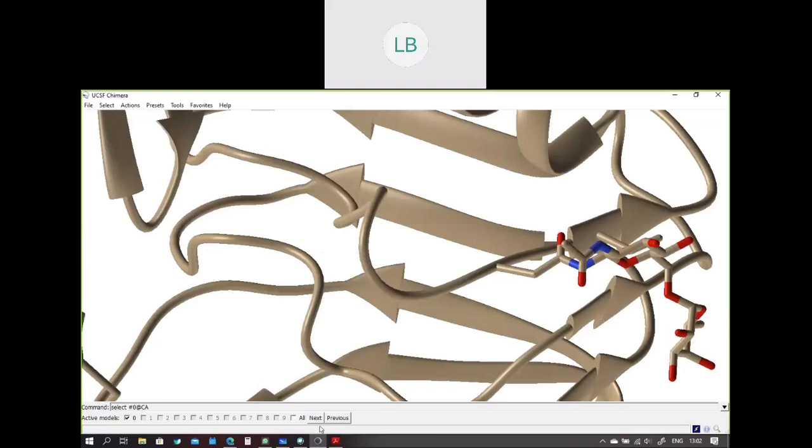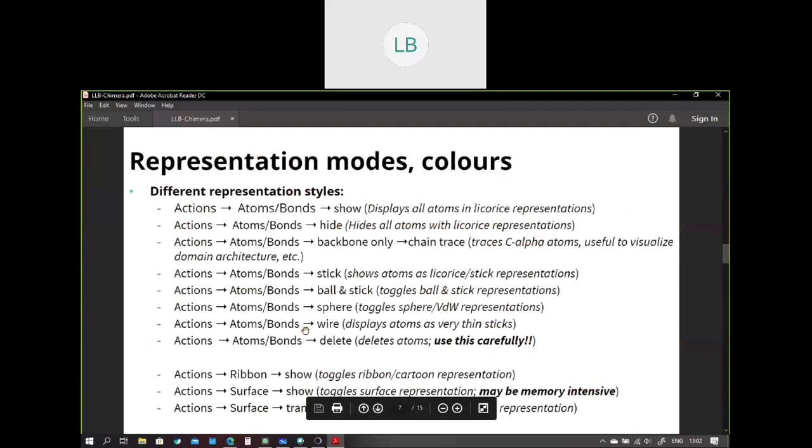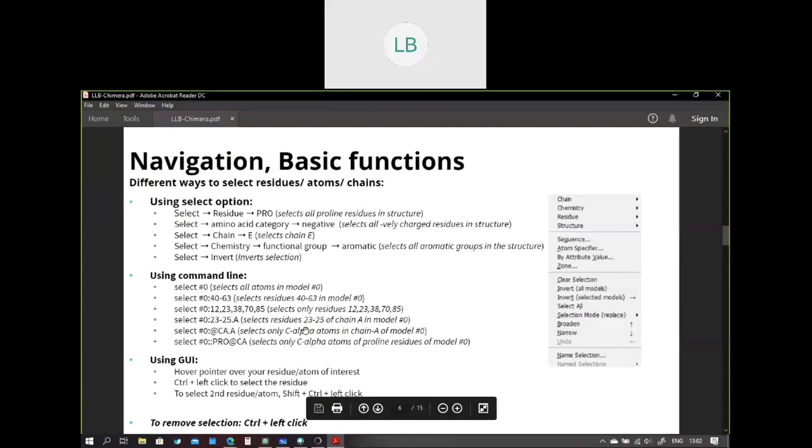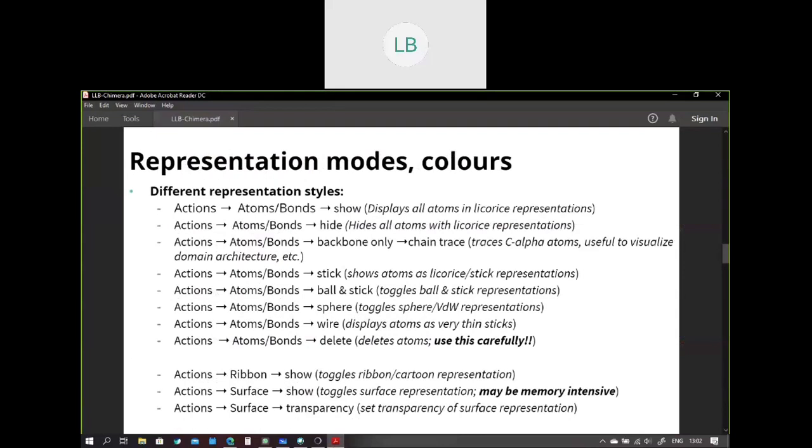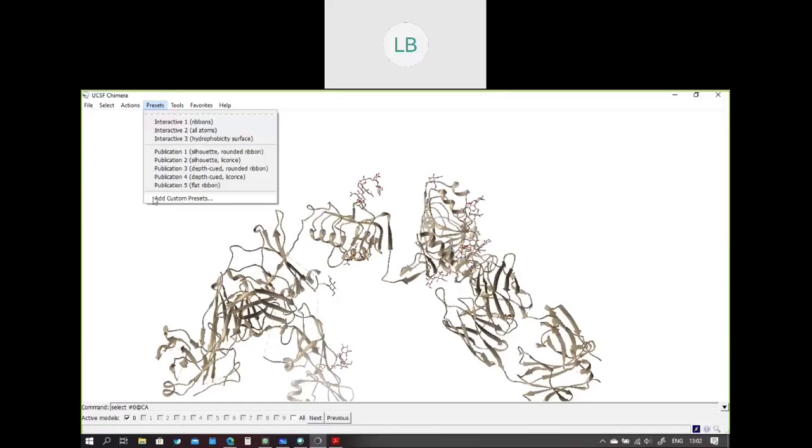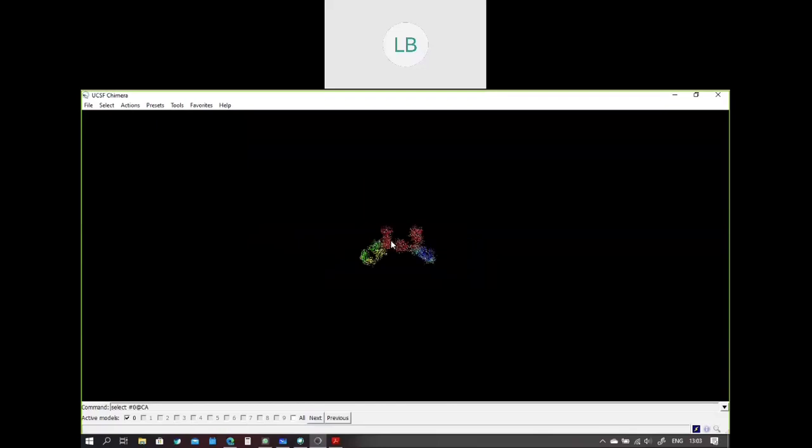So now we know how to select the residues. We'll try to show different styles of representation. Different residues and protein atoms can be represented differently, so we'll play with different representation styles of the protein. Now we'll go to Actions, select atoms or bonds, and press show. Now it's showing all the atoms or bonds in the protein.